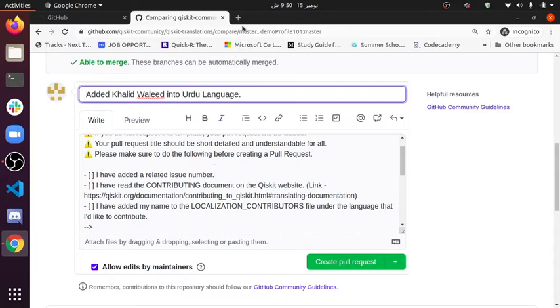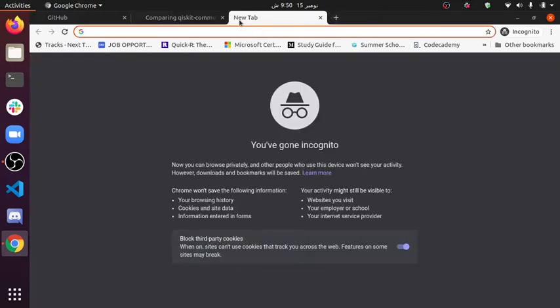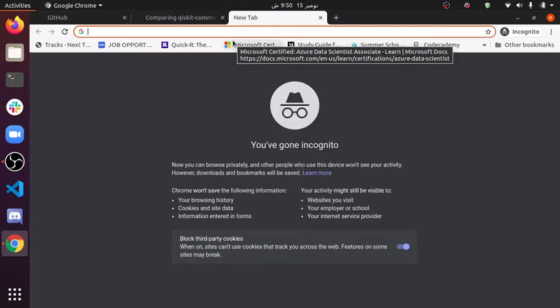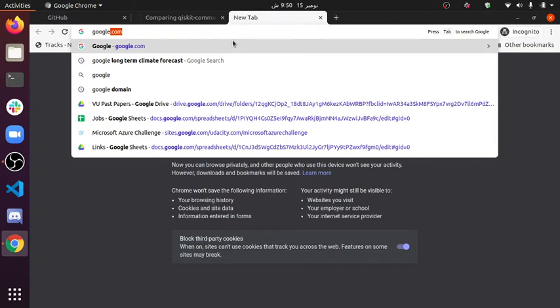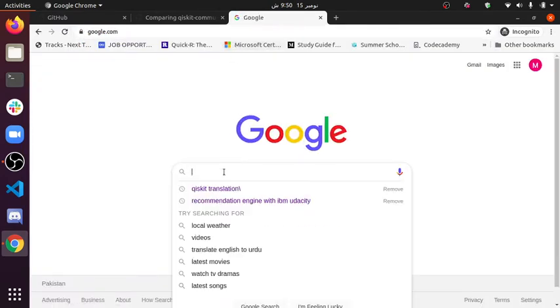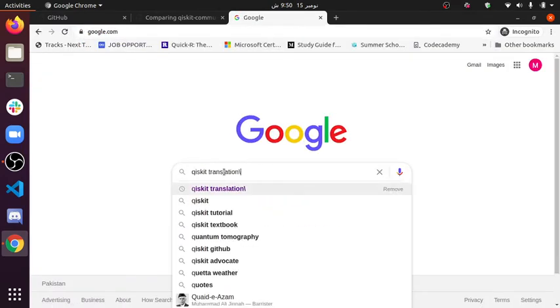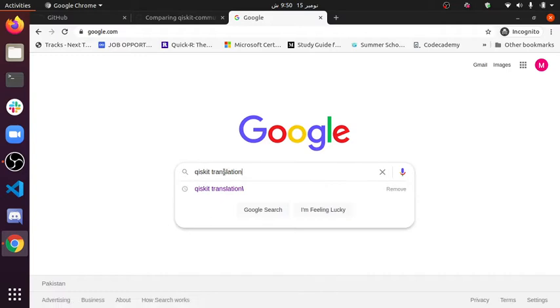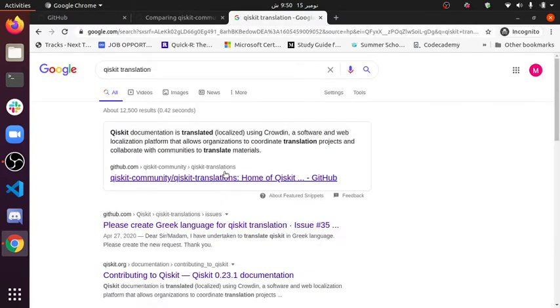And how can you find out the issue number? Simply visit google.com, and type Qiskit translation, the same thing which we did earlier, enter, and open the official Qiskit translation repository.